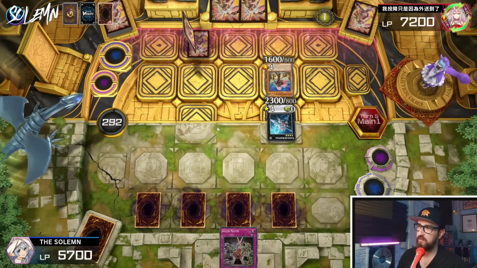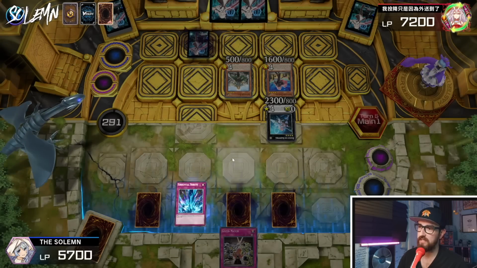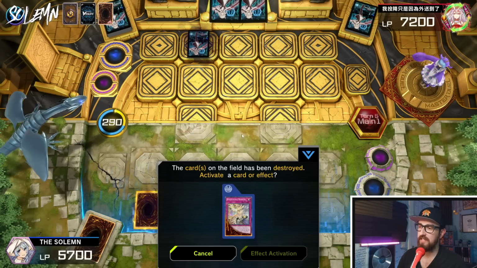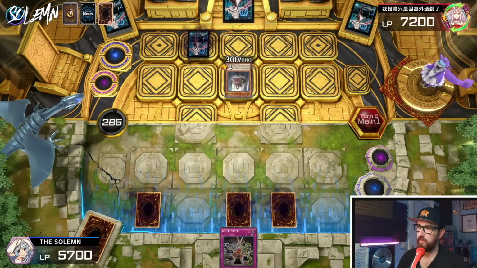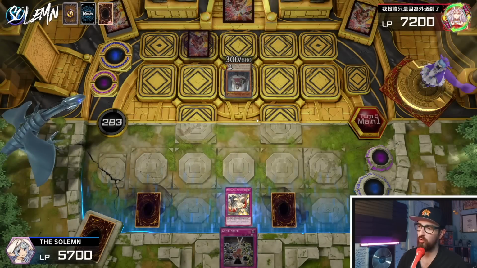Gonna let them commit into the Marta, and now we Torrential Tribute. Yes. Yeah, that's right. See, now we're playing truly peak Yu-Gi-Oh right here. Oh, no, I don't want a Solemn, but I do want a Punishment here. I really think this is their normal. We already got rid of their